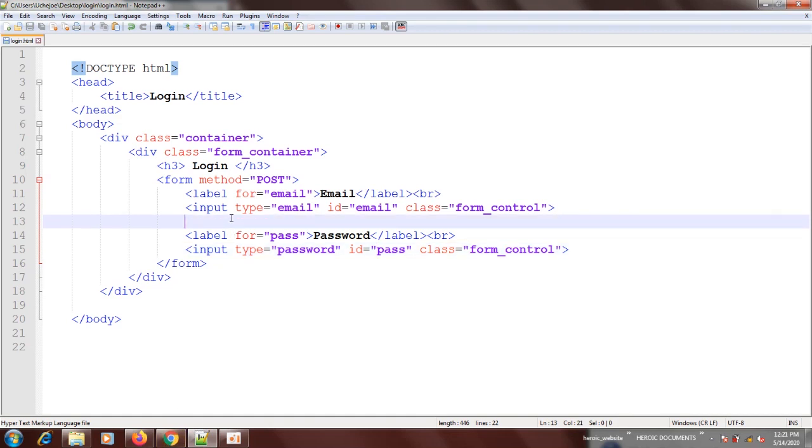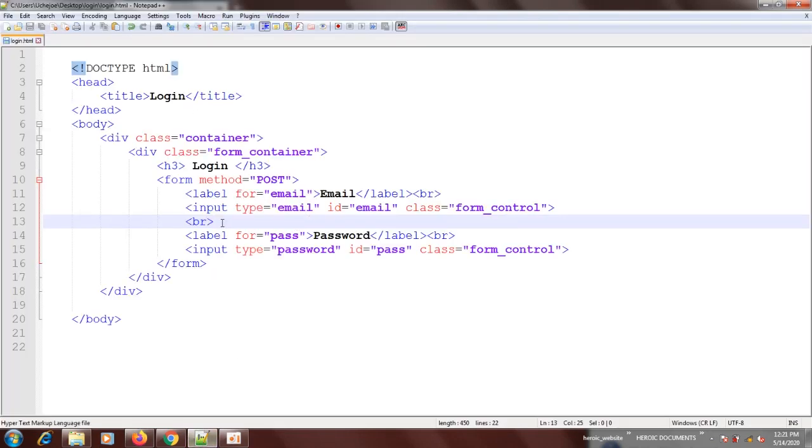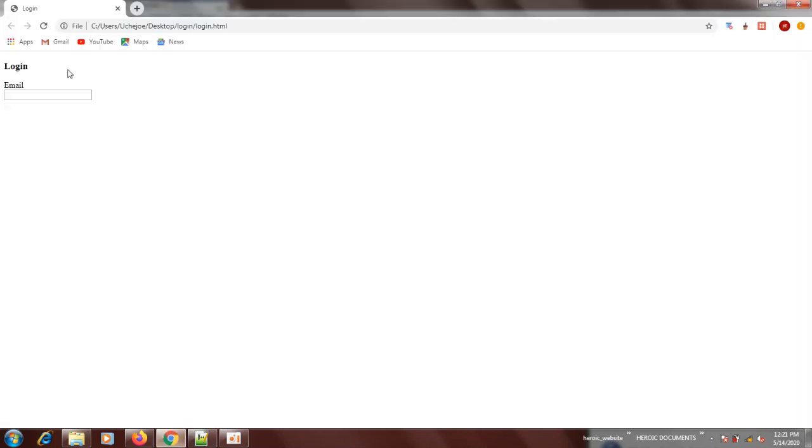Let me just break here and break this. Let's see what we have right now. I think I have to put more right here. We have password here, then we have email here. That's good. If you type in, you see that you're not seeing what you're typing, that's the password. This one is email. Let me put one more break to give a space between these. There's a space between email and the password, which is what I want. So you see how I'm using HTML to put together all that I need for this login.